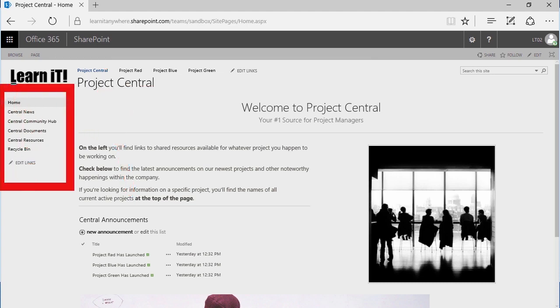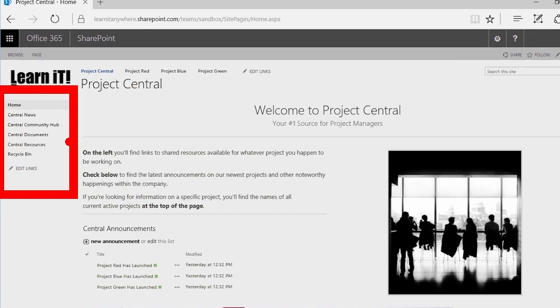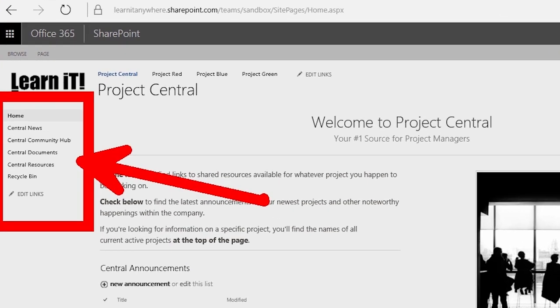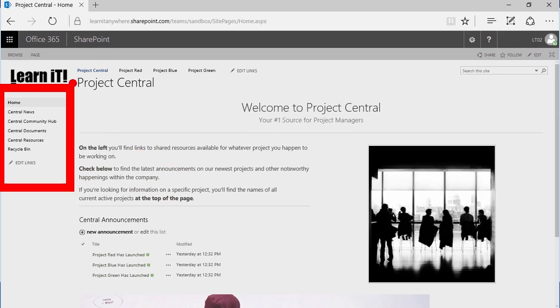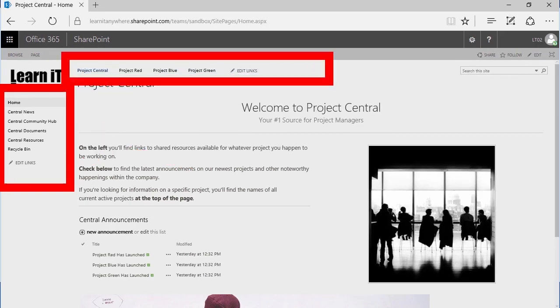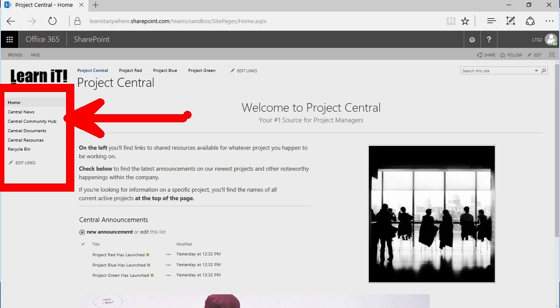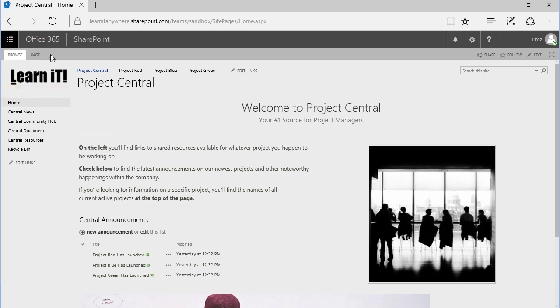On the left, we have the quick launch bar. The quick launch bar is generally for links that allow us to navigate within a particular site. In this example, I'm on a site called Project Central. So you'll notice that all the links on the left-hand side are related to Project Central. So at this stage here, we've talked about the top links bar being for either other SharePoint sites or outside of SharePoint altogether. And we've talked about the quick launch bar being for more local navigation within one particular site. Now, above all of that